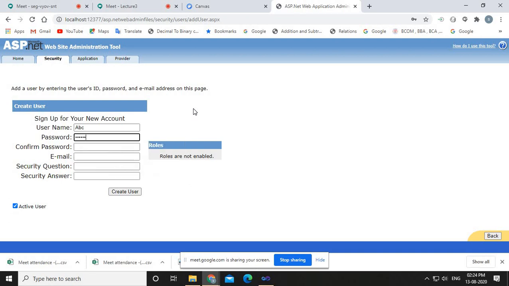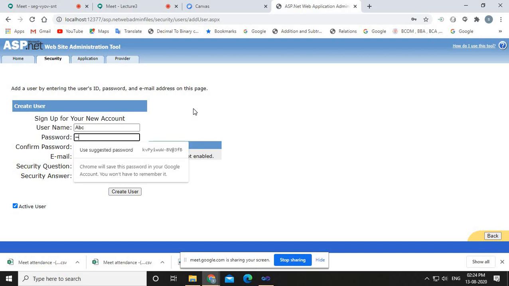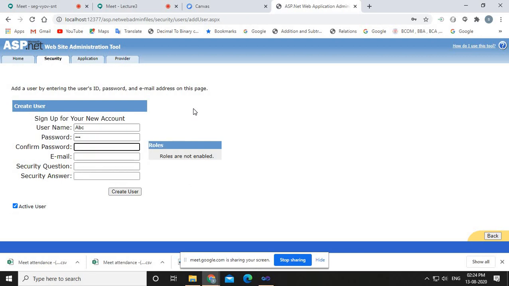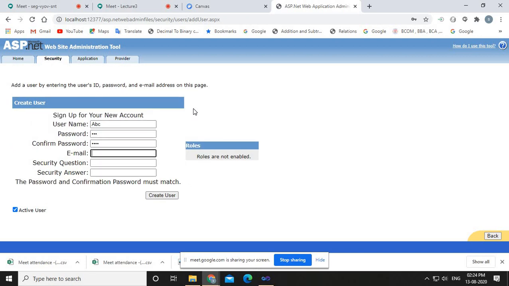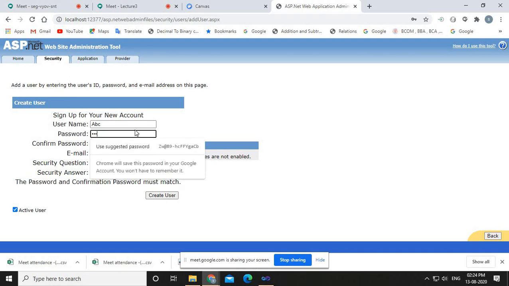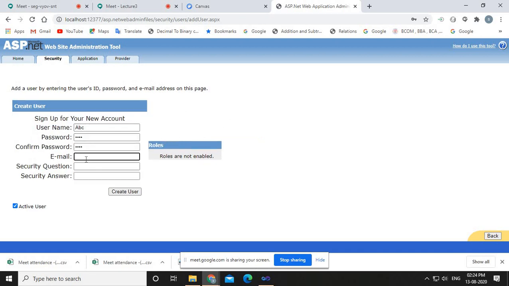right? Suppose you are writing a password like this, ABC, and here suppose ABCD, so automatically it will give you the message, the password and confirm password must match, right? So let's suppose if you write ABCD here, then email address, for example abc@hotmail.com, security question, for example what is your name, and as the answer to this question I will write my name.